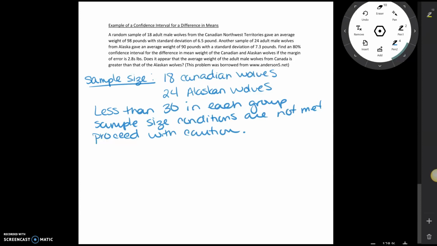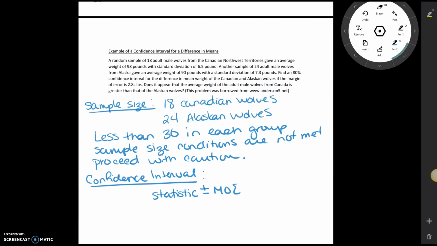All right, next we're going to compute our confidence interval. And remember that our confidence interval is always going to be our statistic plus or minus our margin of error. Well, in this case, we're working with a difference in means. So anytime we work with a difference in means, we're going to have x bar 1 minus x bar 2. So in this case, we're going to have the mean for the Canadian wolves minus the mean for the Alaskan